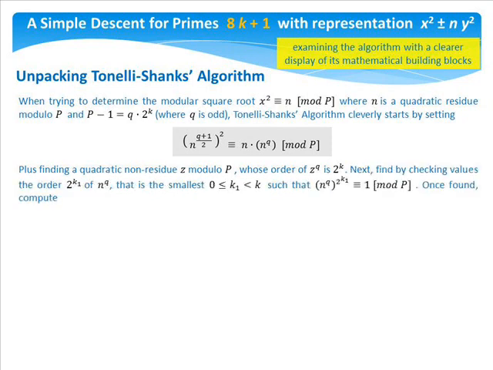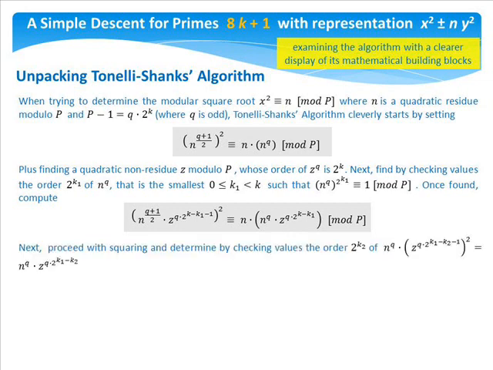Next, find by checking values the order 2^(k1) of n^q. That is, the smallest k1 bigger than 0 and smaller than k, such that (n^q)^(2^(k1)) is congruent to 1 modulo p. Once found, we apply z^(q times 2^(k-k1)) on both sides of the congruence. Next, proceed with squaring and determine by checking values the order 2^(k2) of n^q times